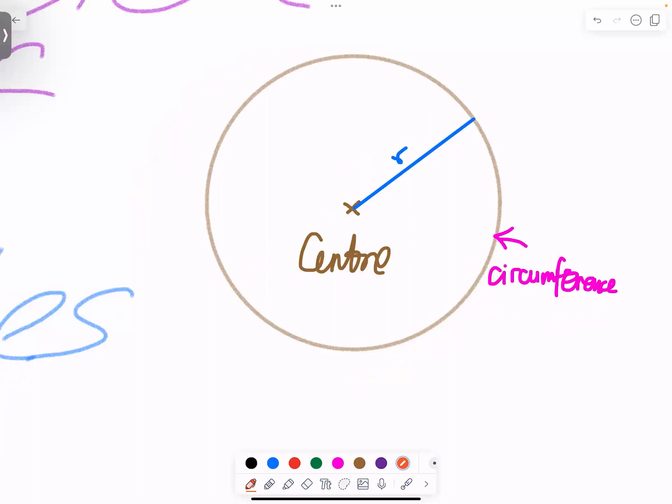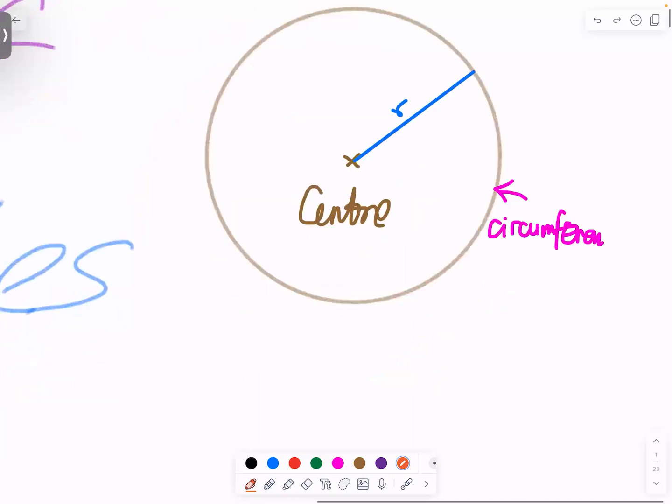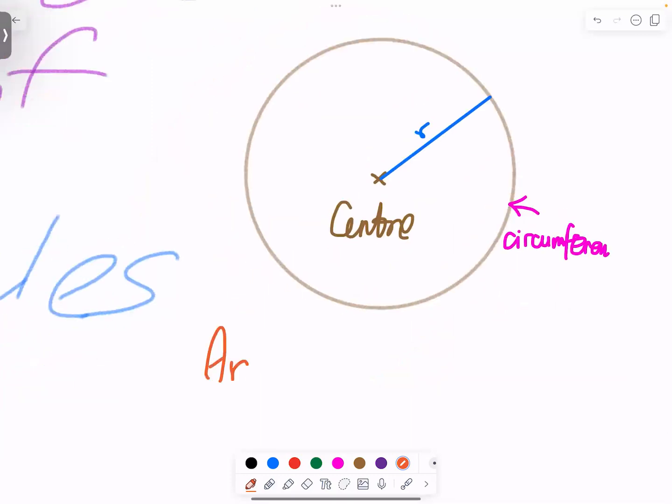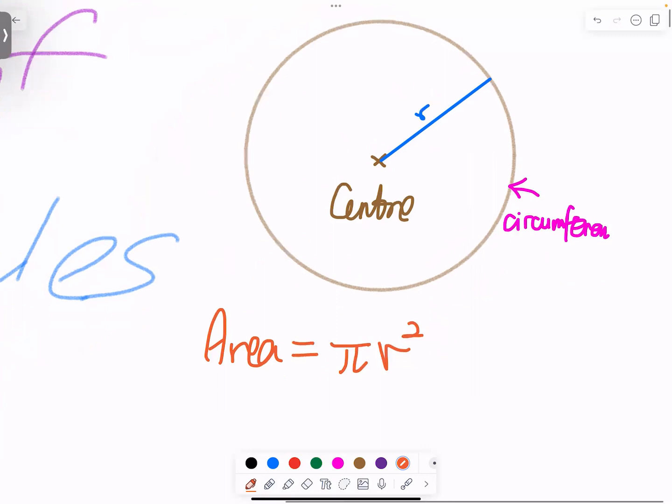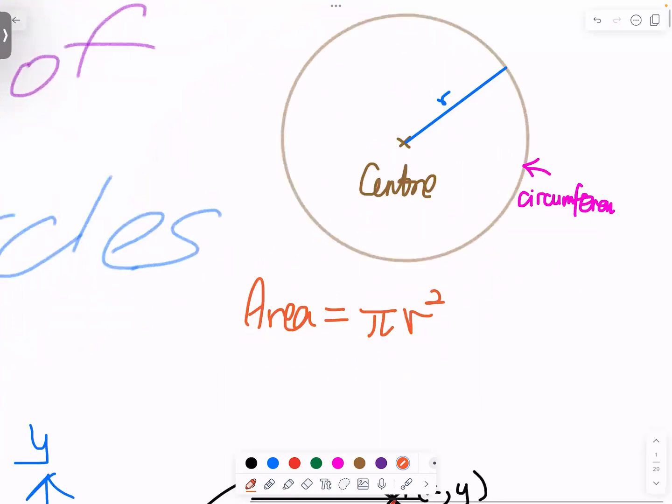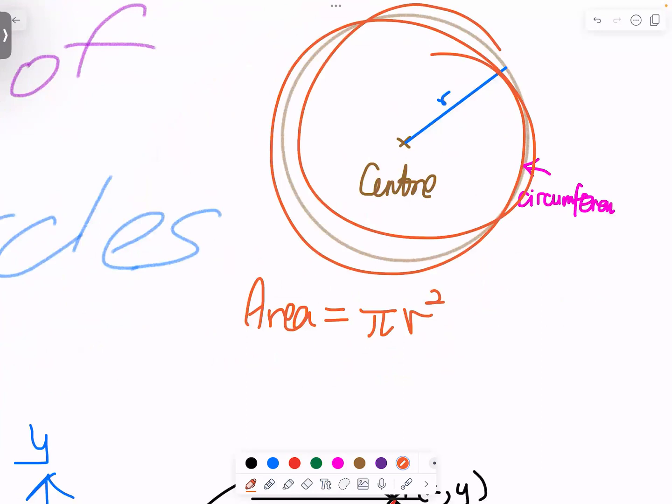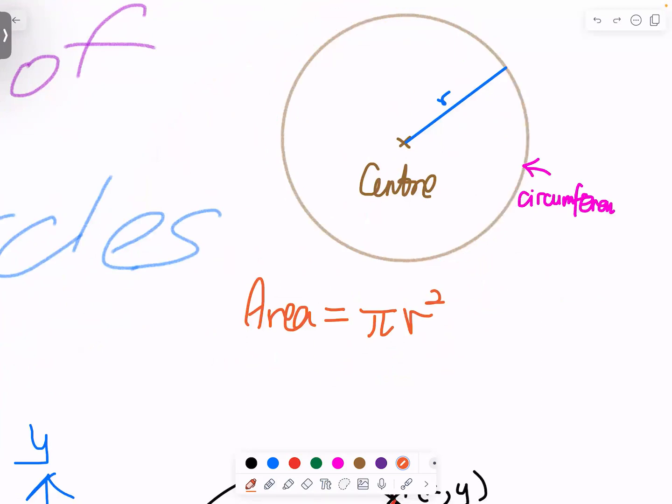Apart from these basic names, you also need to know a few other things, like the area of the circle and the circumference of the circle. So what is the area of the circle? Like how many things can fit in this whole circle? That's area, right? Area of the circle will be pi r squared. You need to recite some of the formulas here. And then we also need to know the outer line length. The outer line is called circumference. So we need to know the circumference length, which is